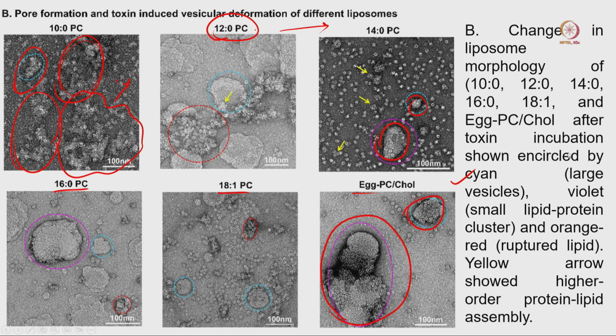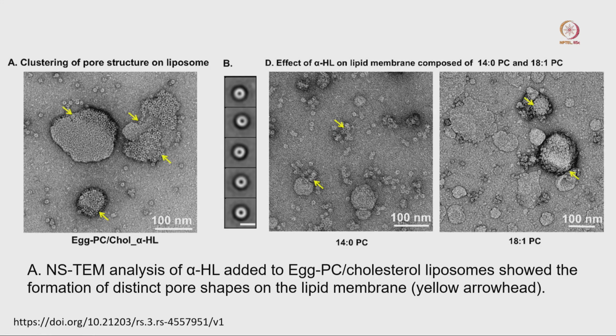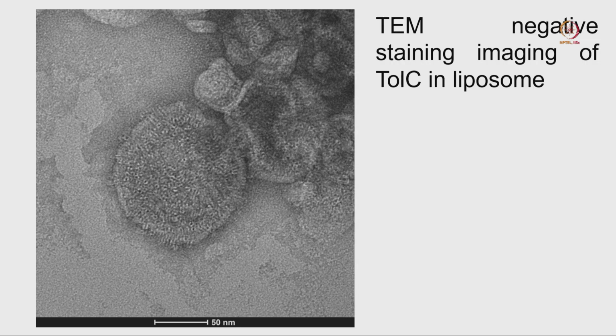In the next one, there are a couple more examples where you can see this circular thing is our protein molecule interacting with the lipid membrane, and these are the lipid membranes decorated with the protein sample. You can see different patterns in the presence of different kinds of protein sample. Here we are showing one membrane protein, this is the lipid outer membrane, and these are the TolC molecules interacting with this lipid.